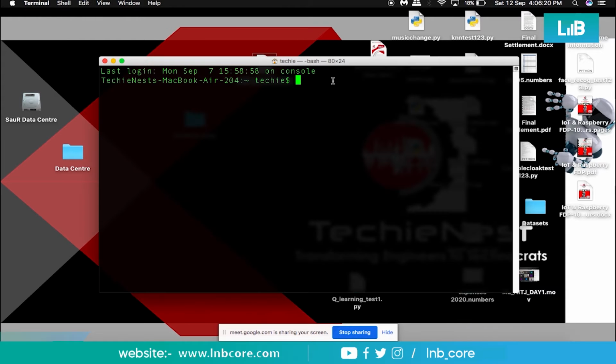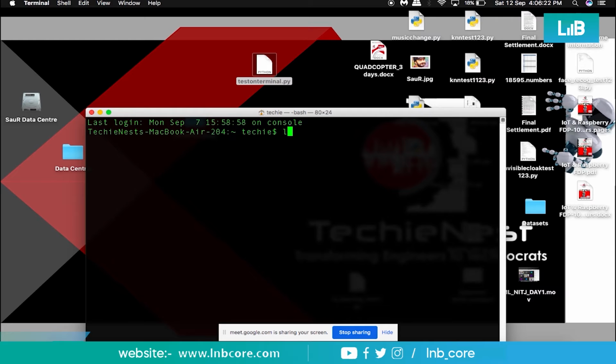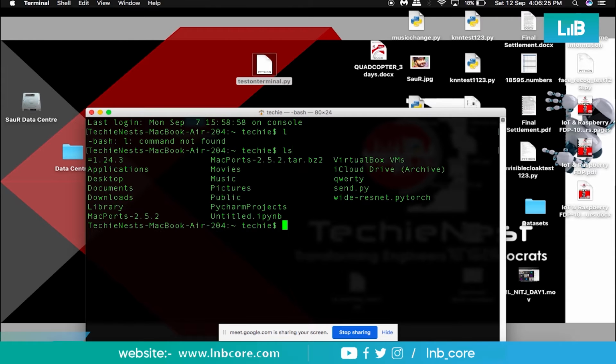in your command prompt and go to that particular location. How can you go there? For me it is ls; for you it will be the cd command, right? From cd you can go there. From ls you can check where you are. So I'm in the main techie folder or techie account of my computer or MacBook. Inside this account, I have these folders or directories available. I need to go on desktop. So cd, then desktop, enter.